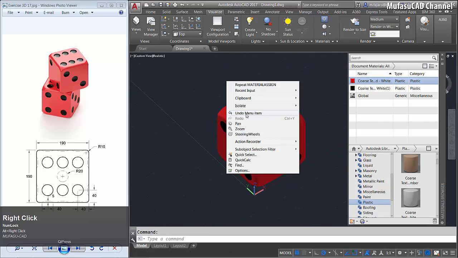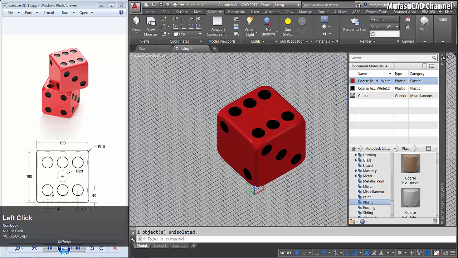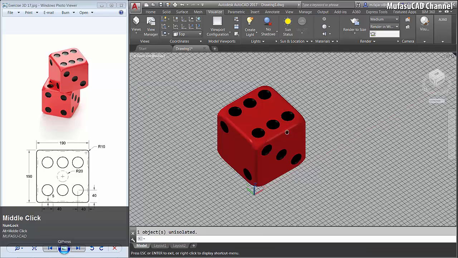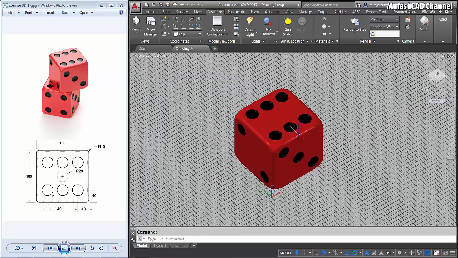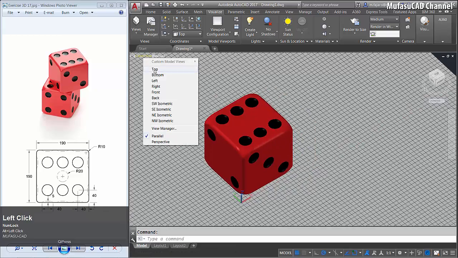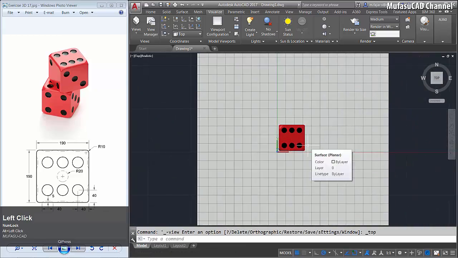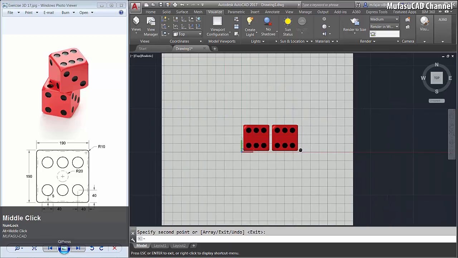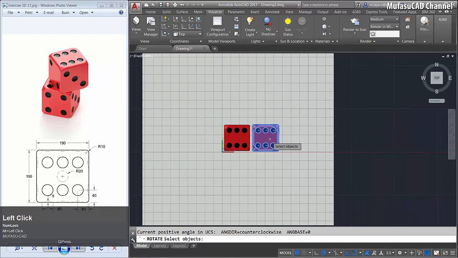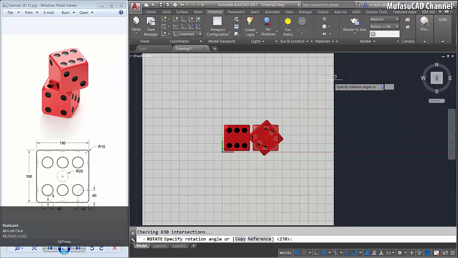Next, right click, isolate and end object isolation. Close, and then we will try to rendering this object. But first I will change into top view and I will copy this object into the rack here and then rotate this object from this point to this point.